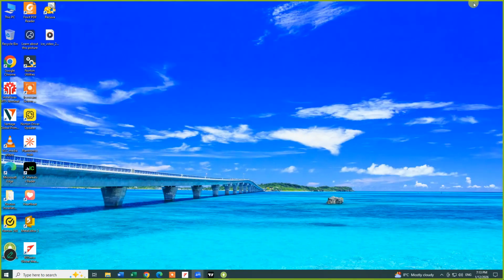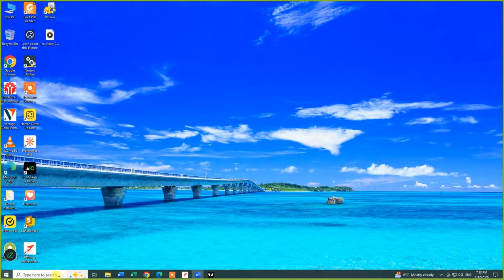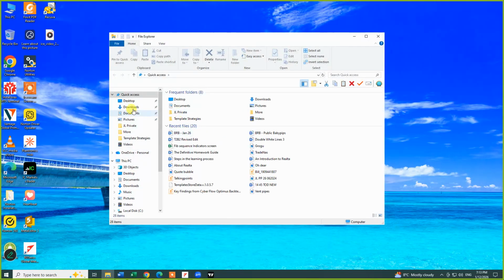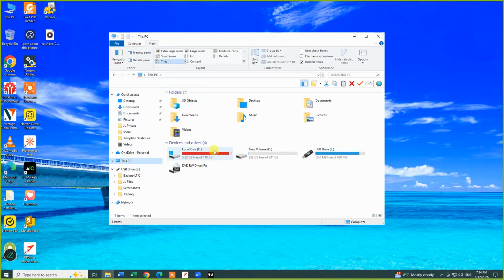What I'm going to do is minimize this for a moment. In fact, what I really need to do is close it. I do need to close it if I'm loading into here, but I'm going to take a backup of it. So the backup is I go into my files. Where are my files? There they go. I go view, and I need to show hidden items. Now I go users, view, no, sorry, I don't. I go this PC, C,